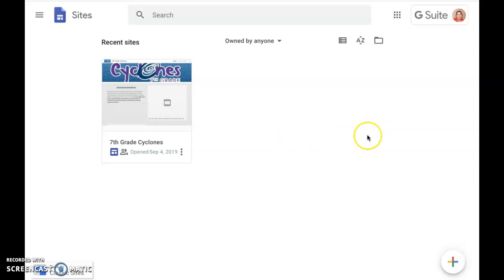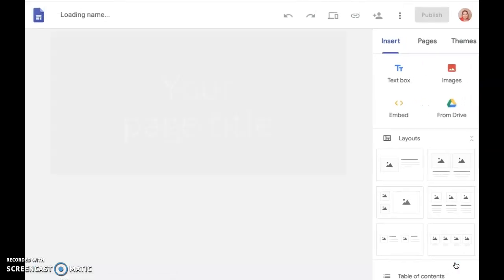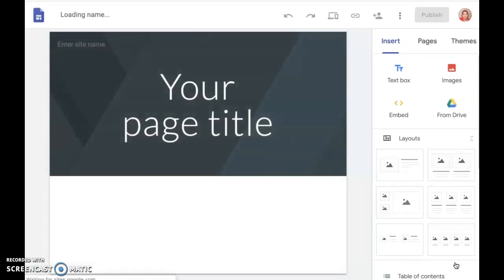Once you are here, you're going to click this little plus sign down here. It says Create New Site, and that's exactly what you want to do. Once you click Create New Site, this is the beginning template of the website you're about to create. So some of the very basics. First, you want to name your site, and you're going to name it your name,